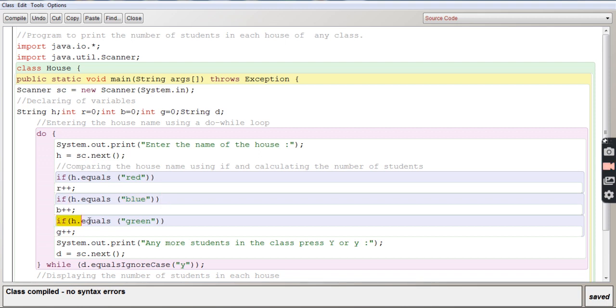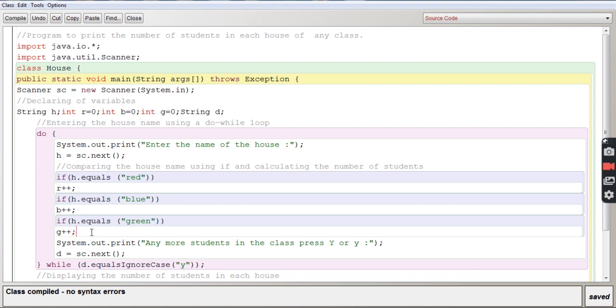It will come down to this condition, and it is checking if H equals green. So here it matches, comparing is complete, and it will go to the next line, that is G++. So that means we got one student of green house. G was 0, 0 plus 1, 1 student.